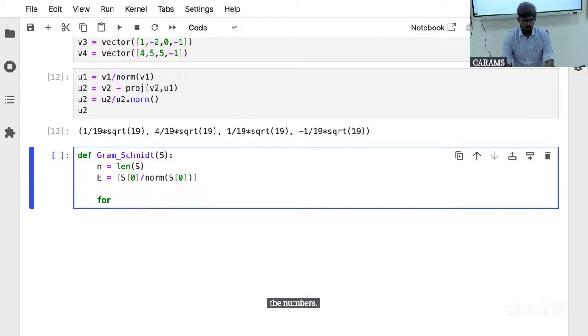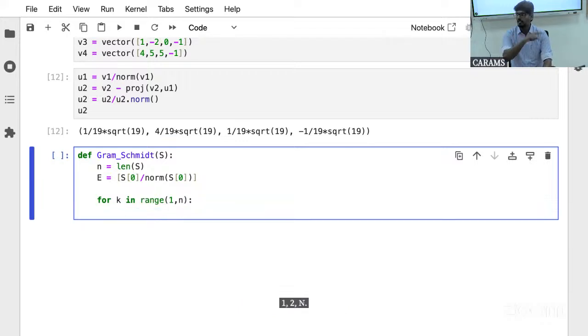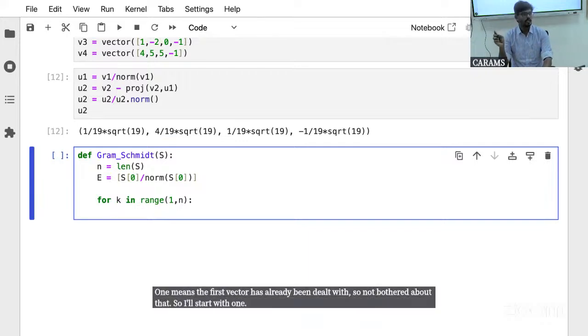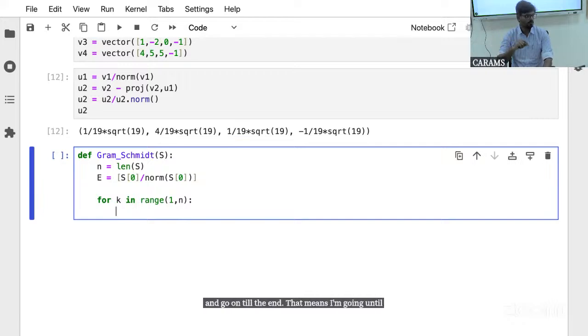Now what I have to do, for the remaining vectors, that means for k in the range of 1 to n. 1 means the first vector has already been dealt with, so not bothered about that. So I start with 1 and go until n, that means I'm going until n minus 1, right? So that means until the end of the set. I'm going to generate a function like that, meaning I would generate a Q, which will be the current vector that I am looking at